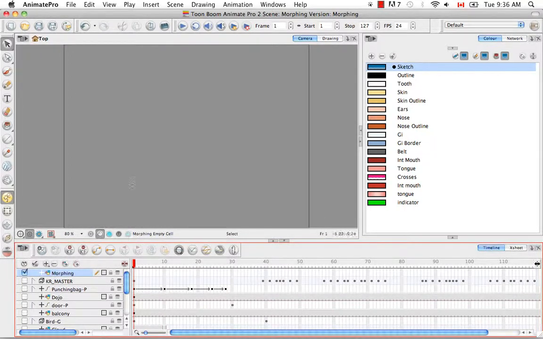Morphing, and by selecting the first frame. Then let's go to the Shape tools and select a rectangle, and in the Tool Properties panel,